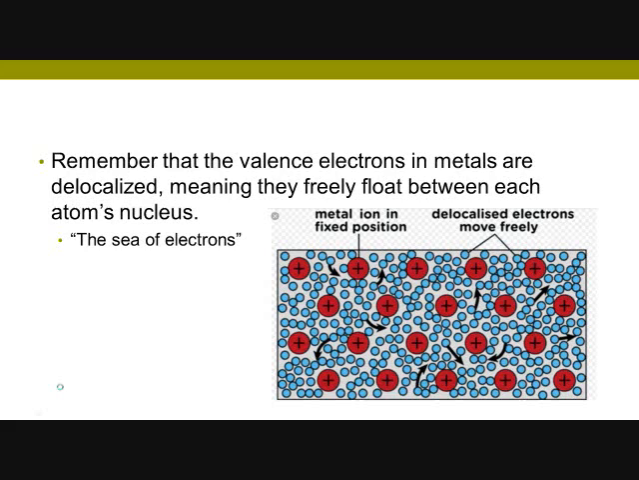2.4 is all about the structure of metals and alloys. So remember that the valence electrons in metals are delocalized, meaning that they freely float between the atoms' nuclei. Sometimes this is referred to as the sea of electrons, and this concept leads to all of the properties of metals. They're ductile, they can stretch into wires, they're malleable, you can hammer them into different shapes, and so this free floating of electrons between each of the nuclei involved allows for these properties